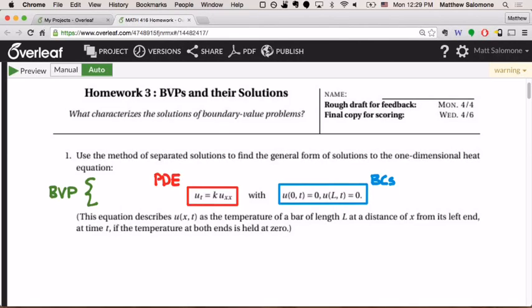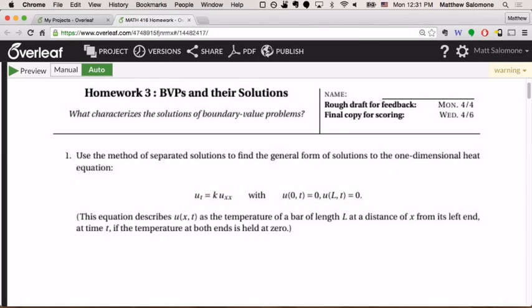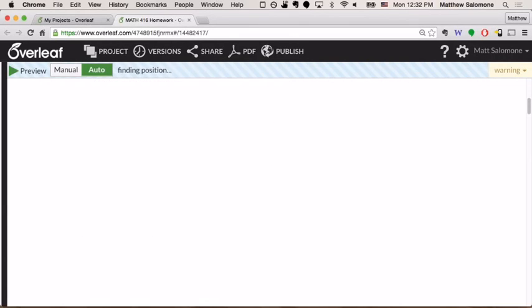But where I really wanted to direct some attention is I'd like to see most of you that I assigned revisions think more closely about the second part of this problem. In the second part of this problem, scroll down to it here,